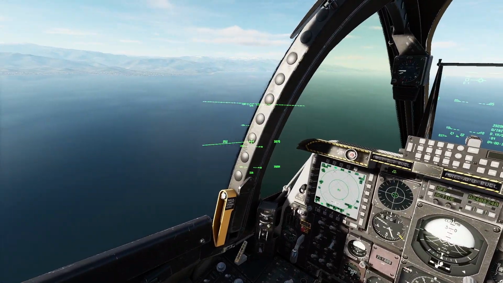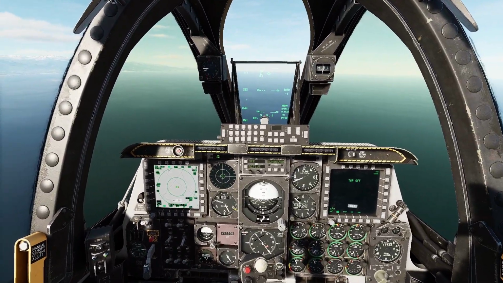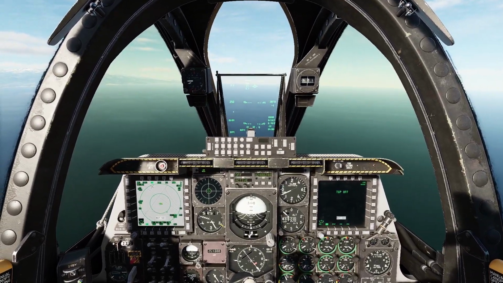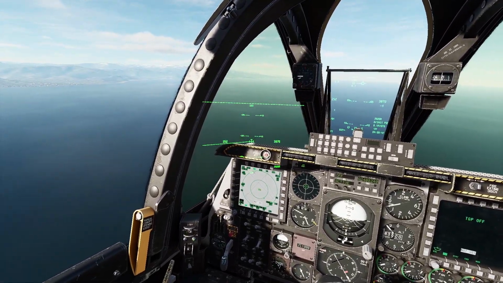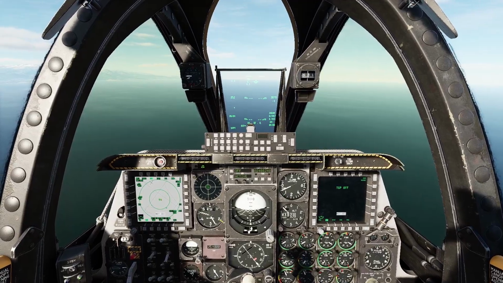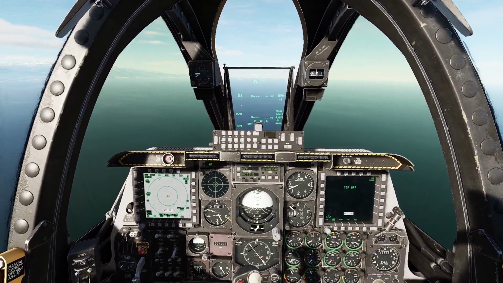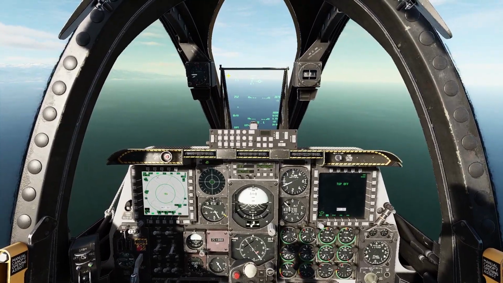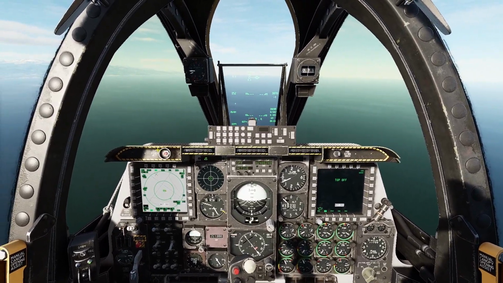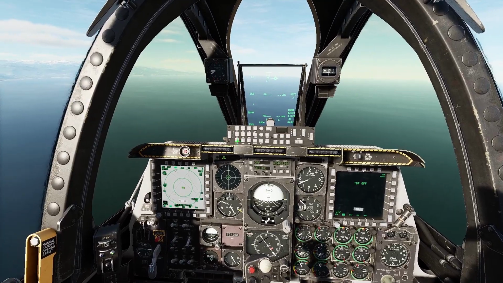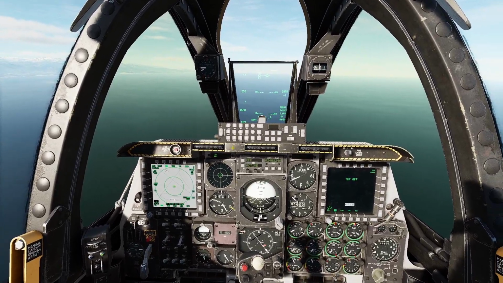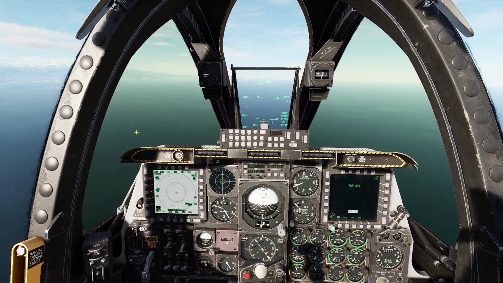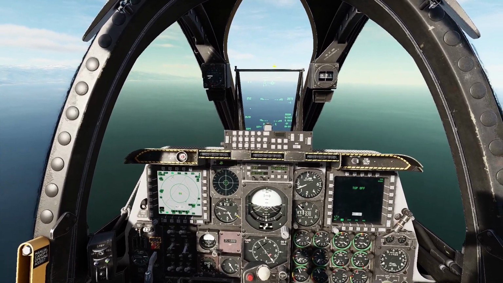Now I've set up this mission where we are to land at Batumi. Batumi's over there. We're starting at a 90-degree course from the landing angle, so we can see how we'd go about intercepting the ILS signal. Now very often you'll already have the coordinates and the ILS set up before your mission during that pre-flight setup. But just in case you don't, or you need to land at an airport you weren't planning to,